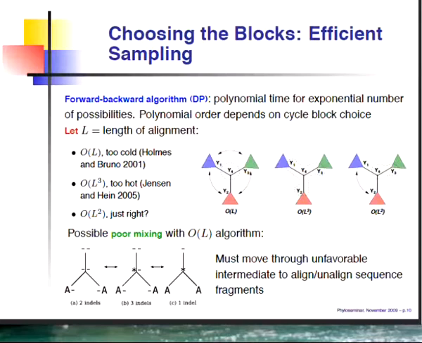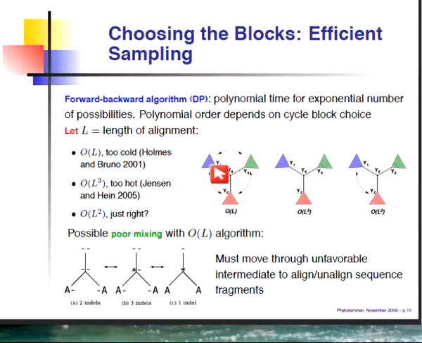Mathematicians like to call it the sum product algorithm, but it was really the existentialists who understood forward-backward the best. It was Kierkegaard who said that life is lived forward, but only understood backward. So we're going to calculate our likelihoods forward, and then draw a sample from it coming back as a realization. And these allow us to take exponential searches over all possible alignments and reduce it down to a polynomial time algorithm. But the larger the space that we're trying to integrate or sample over, the greater that polynomial order. So what Ian originally did was to say, I have a huge tree.